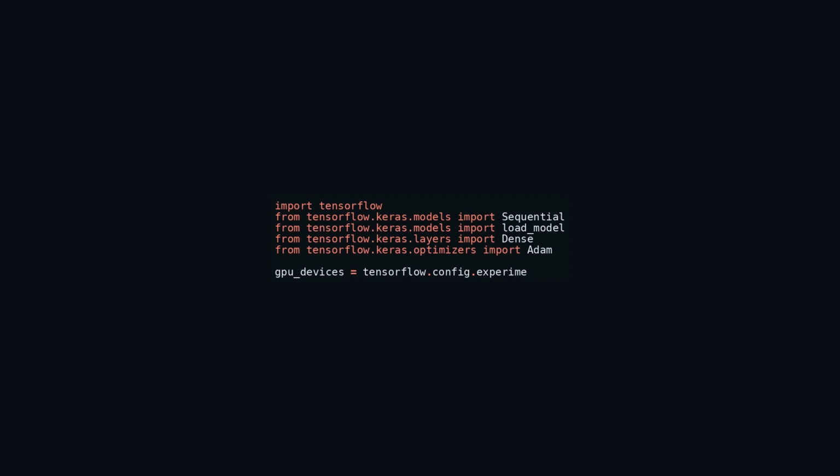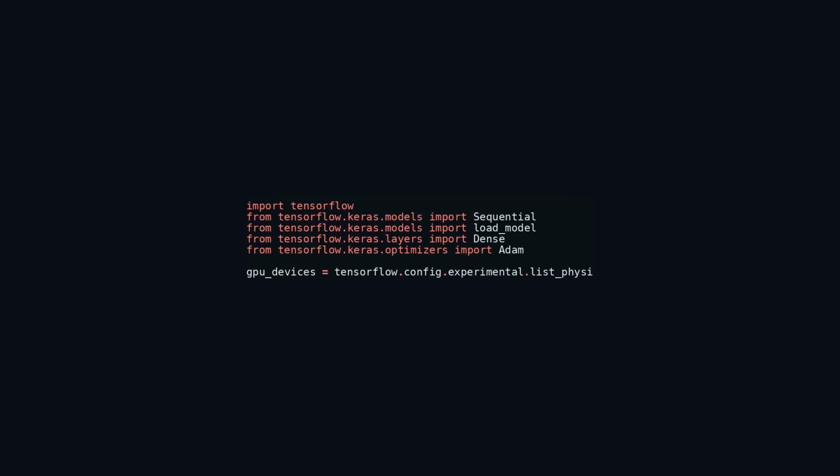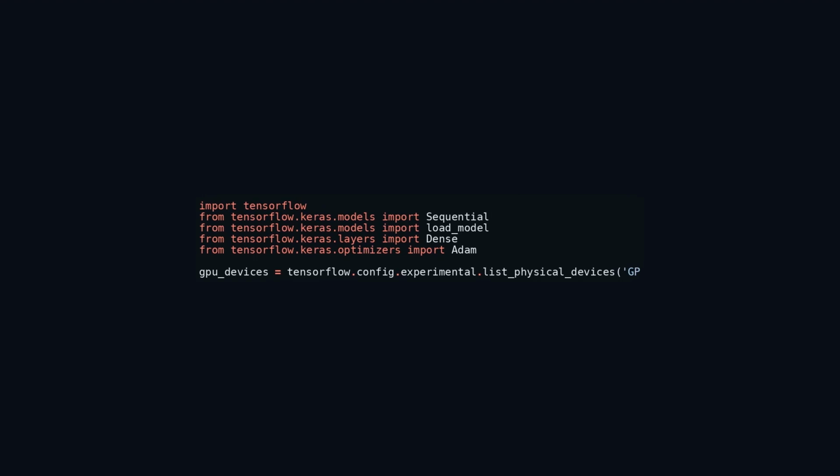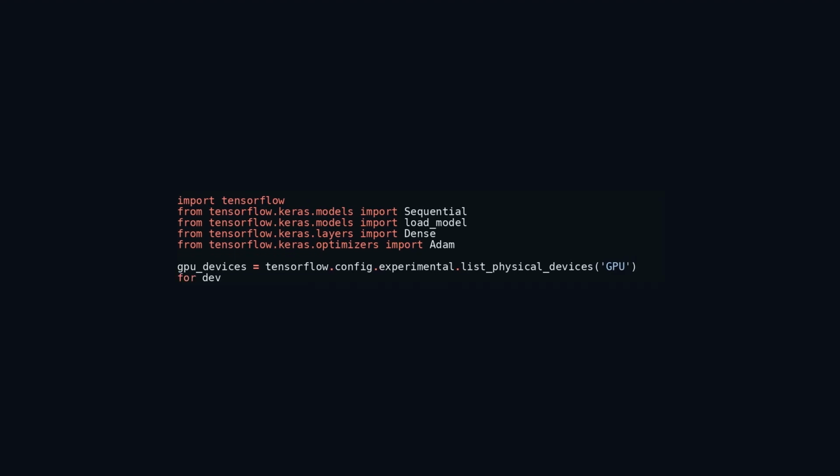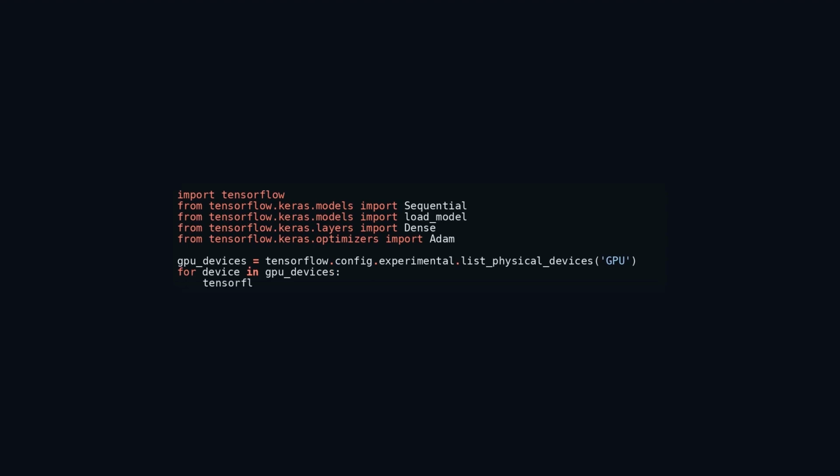Setting tf.config.experimental.set_memory_growth to True is vital for TensorFlow operations on a GPU. This action enables TensorFlow to allocate GPU memory as and when required, rather than attempting to allocate the entire memory at the outset. By doing so, it can help mitigate memory fragmentation and boost the overall efficiency of GPU memory